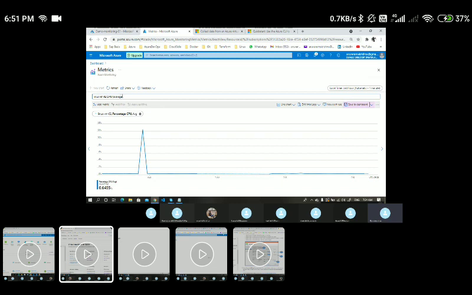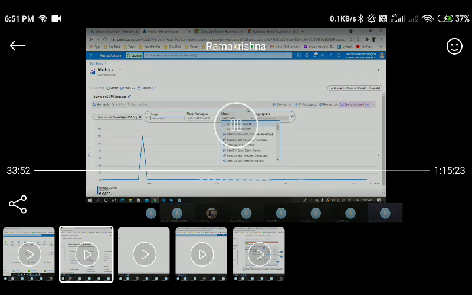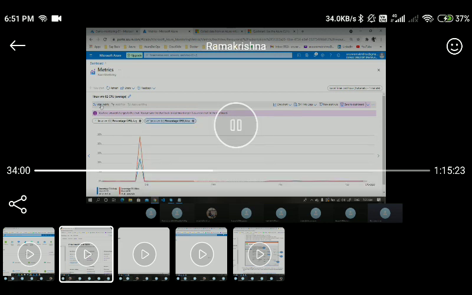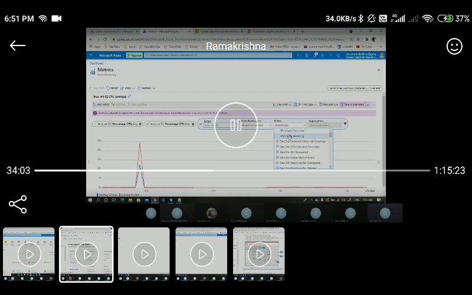At this moment, I'm having only average. So here I wanted to take additional metrics also. Here I have an aggregation type as only average. I wanted to take a maximum and minimum also. So for that, I can just click on add metric and I would say CPU and aggregation. This time I wanted to go with the max. Same way, I wanted to add another metric. So let me click on add metric and I would say CPU. I will take the CPU percentage and the aggregation I'll go with the minimum this time.